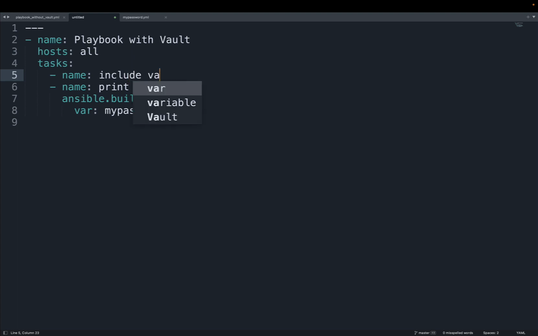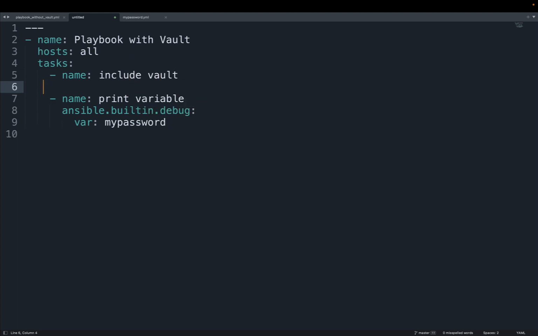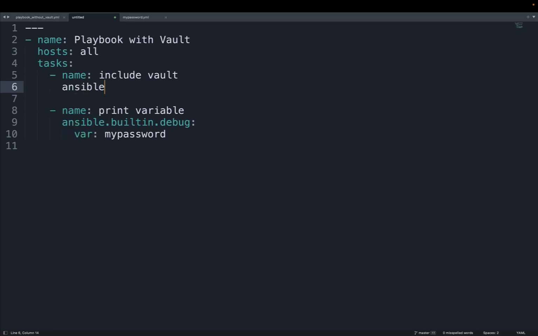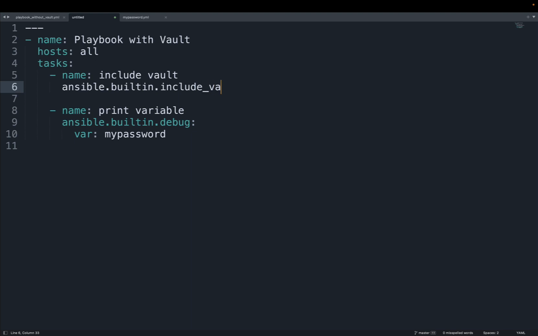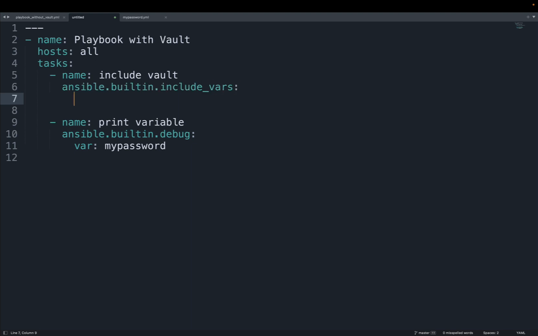So let me add a new task before the one printing the variable, called include vault, using ansible.builtin.include_vars. This simple Ansible module simply includes any YAML file.